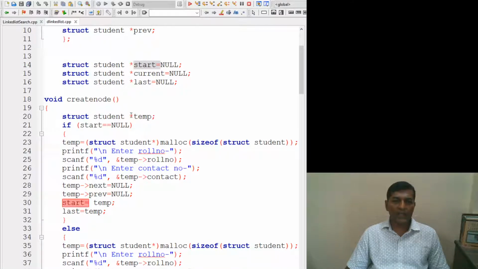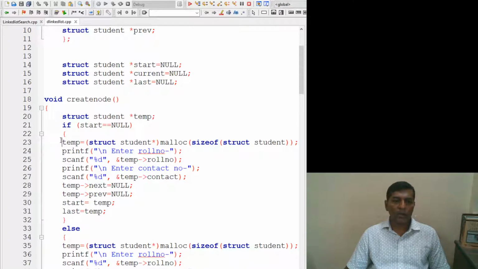With the start node, we can understand if it has null as the initial value, as we have already assigned. If it is null, then we can understand that this list is newly created, or the list does not exist. That is why we should go for creating a new list.